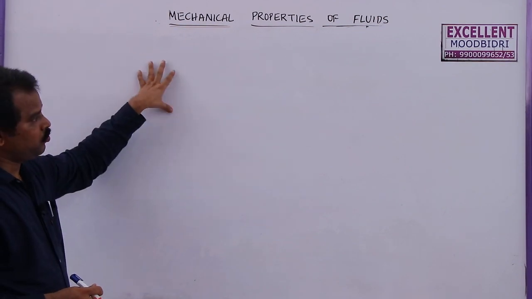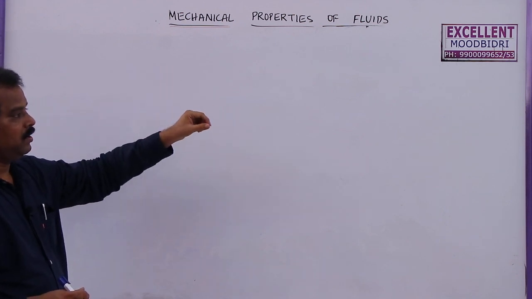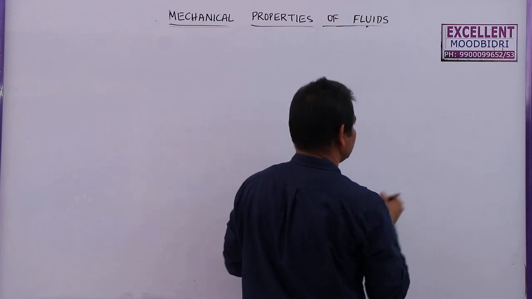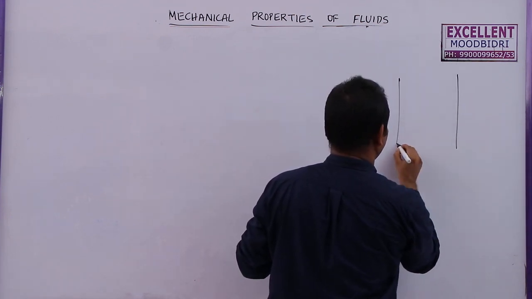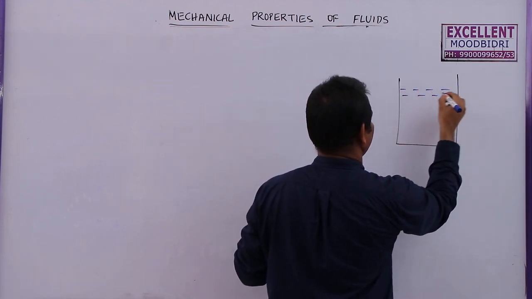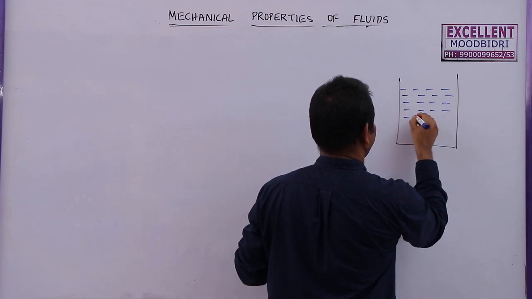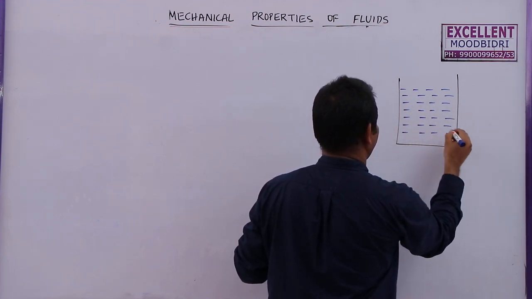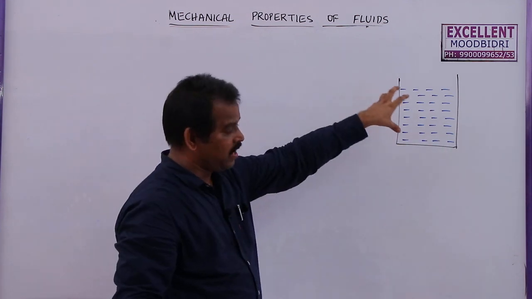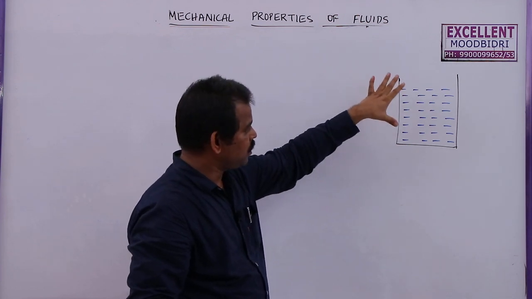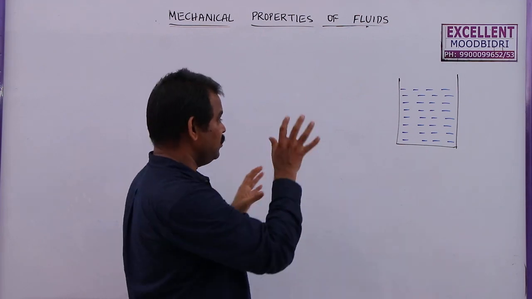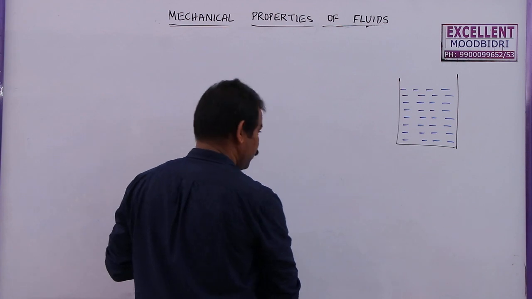Now, if you want to find out the pressure at rest by taking gravity into consideration, generally, consider one container here which is filled with some liquid. Here is the pressure due to the weight of the liquid. How do we find the pressure due to the weight of the liquid? Weight is equal to mass into acceleration due to gravity. That means if you consider gravity, how can we write this?